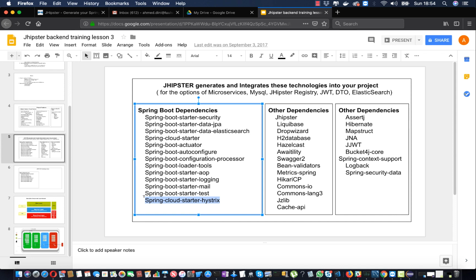It means that this one starter consists of many other dependencies that, in the old days when Spring Boot was not there,